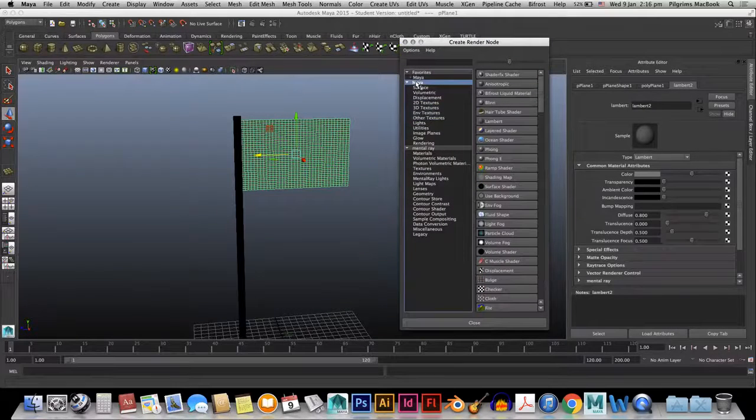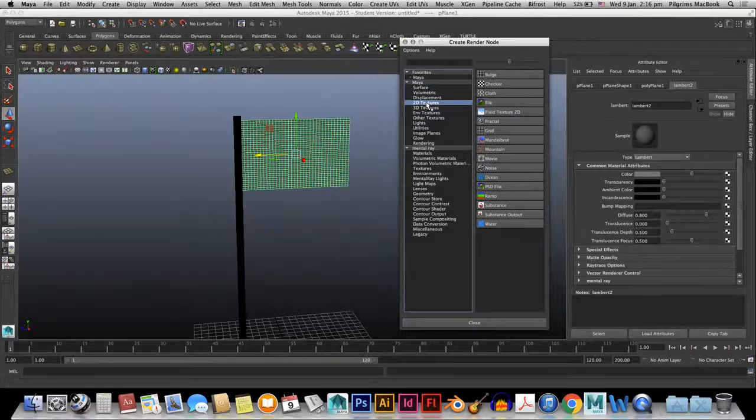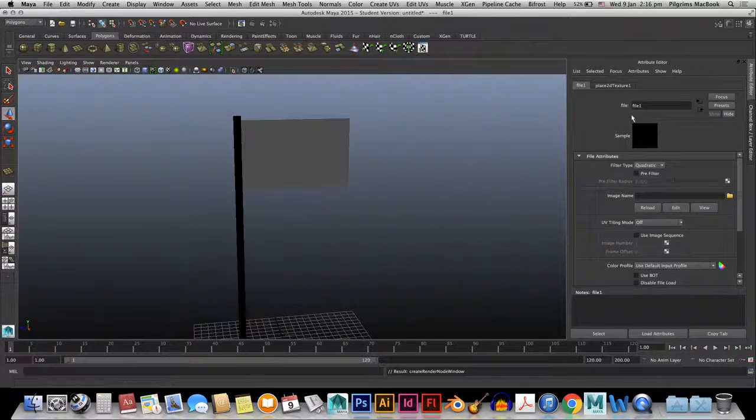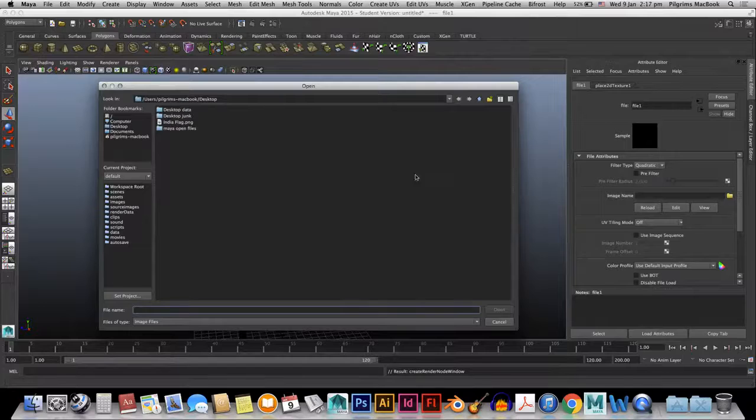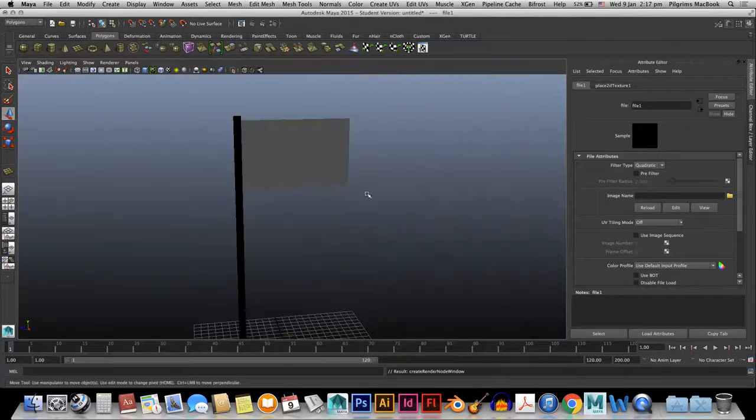In the dialog box, as you can see, we have in the Maya panel all the things like 2D, 3D textures and all. So I will go to 2D textures, and here we have the file. Click over the file. Now as you can see, the panel of the file has come at the right side on your screen. Image name, which is inside the file attributes, will click on this folder, which is by default empty. I have an image of the Indian flag, will click over here, open the same. Okay, but not showing because I have to press 6.